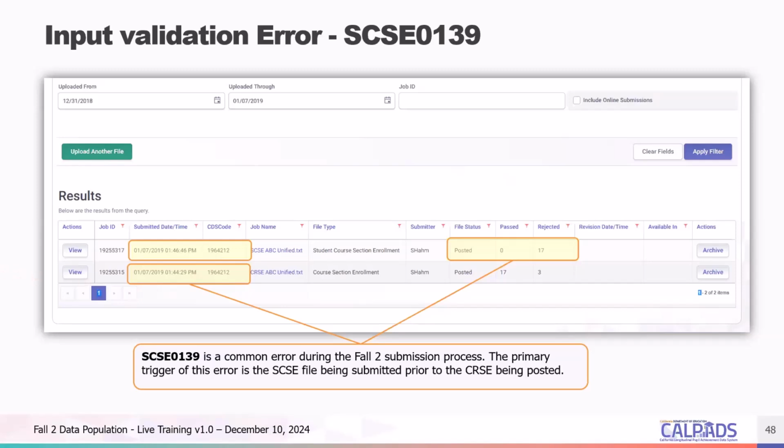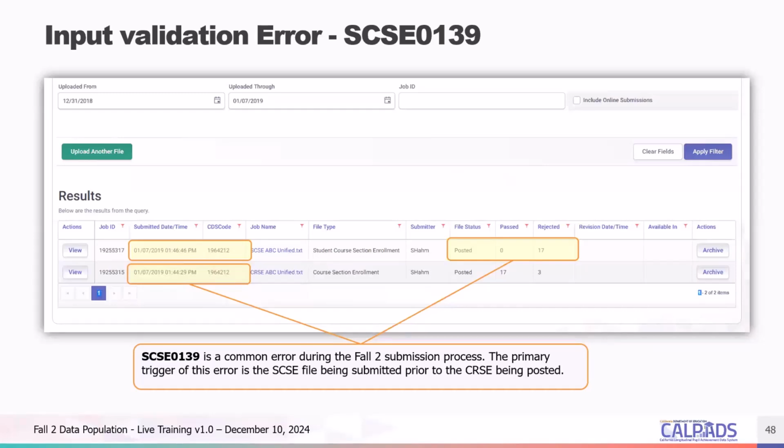But if the CRSE file was submitted first and posted first before the SCSE submission, there may be something further going on there. But that's the best way to avoid the error, is to ensure that the CRSE file reads posted prior to any submission of the SCSE file.